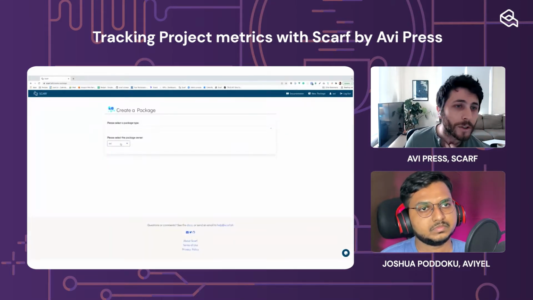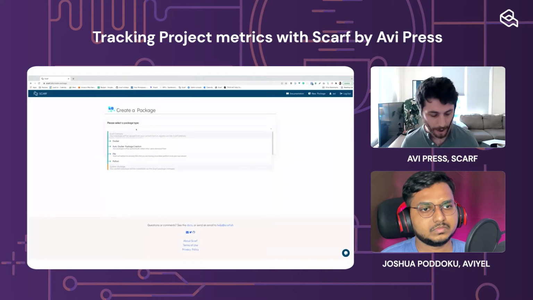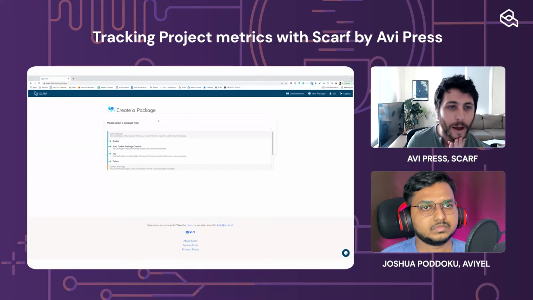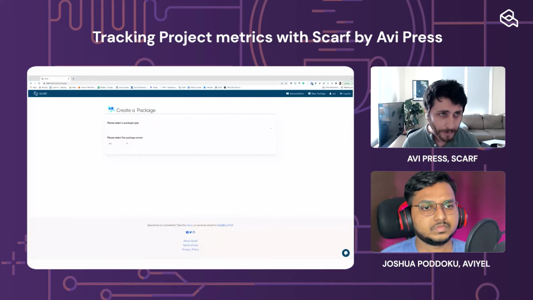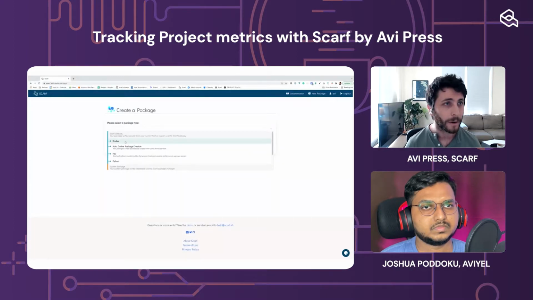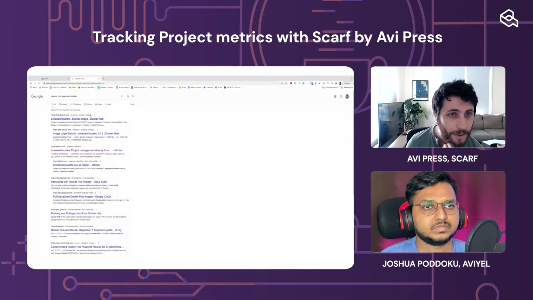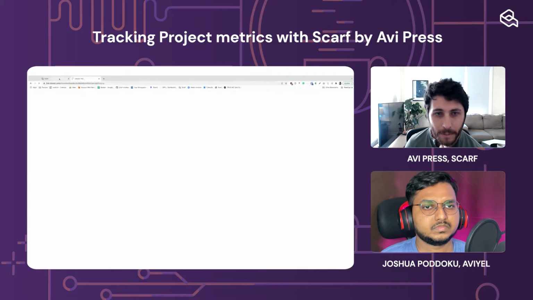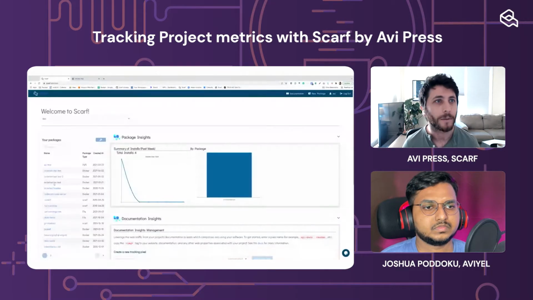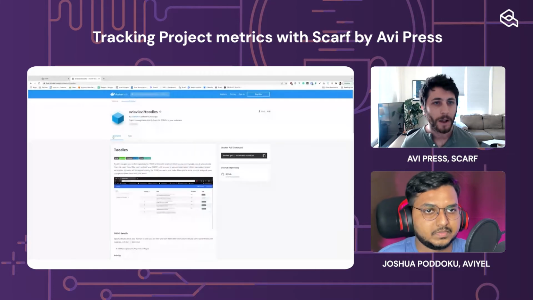Our tools fit into a few different categories, and the first one that I'm going to start with is called Scarf Gateway. Let's say, for instance, that you have a package on Docker Hub. I'm going to find one of my packages on Docker Hub that I'll use just as a quick demo test here, and I'll delete it from the system really quick so we don't clash with any.